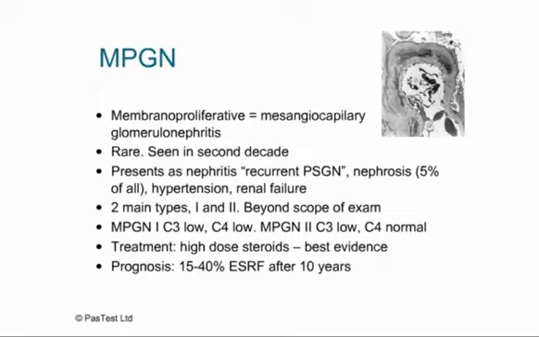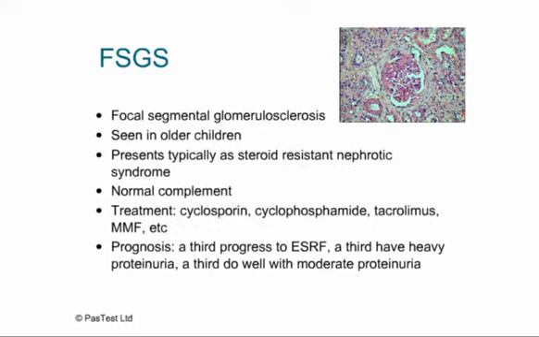Let's move on to talk about another glomerulonephritis, that's focal segmental glomerulosclerosis. And like MPGN, this is primarily a disease of older children seen in the second decade. It presents typically as steroid-resistant nephrotic syndrome. So if you have a nephrotic who hasn't responded to a month of high-dose steroids, then the likely diagnosis is going to be FSGS. In FSGS, the complement is normal, and the treatment of FSGS is of one of a